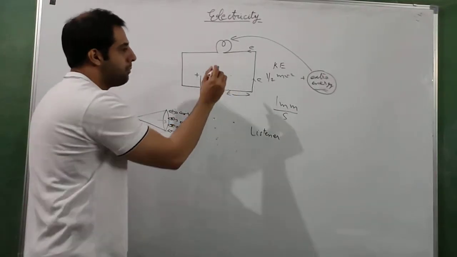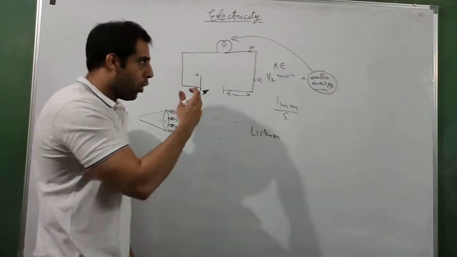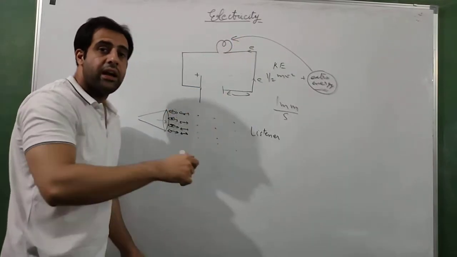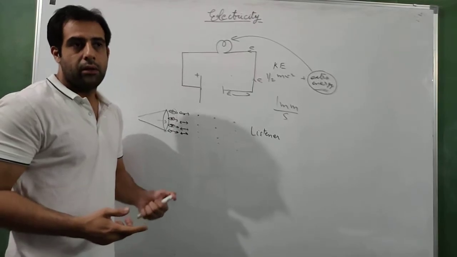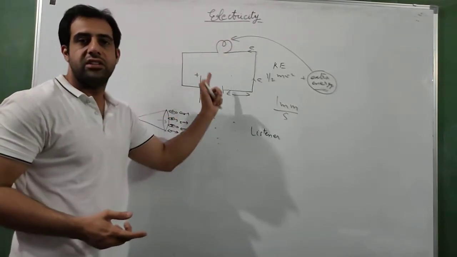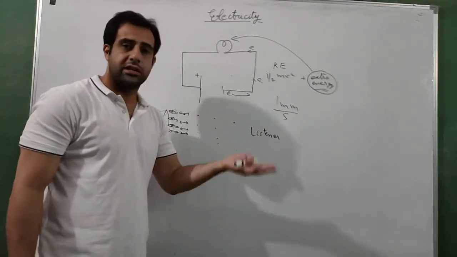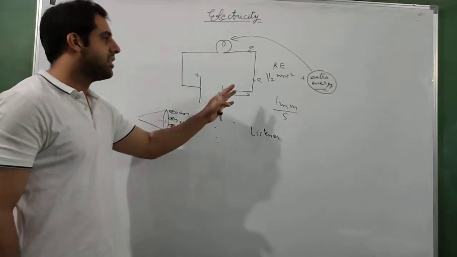Same thing happens in the circuit. The electrons do not carry the energy all the way to the device. They just transfer the energy ahead, and that is why as soon as we switch on a particular device, the device starts working, because energy got there. Energy can travel very fast. Light energy can travel with the speed of light. This is also the same kind of energy. It travels with the speed of light and the device starts working.